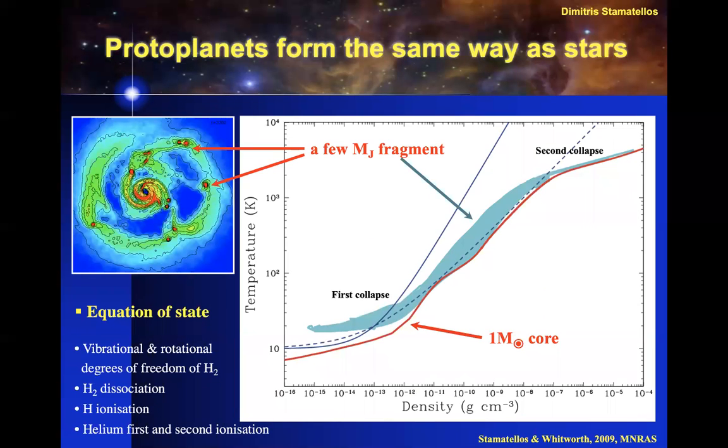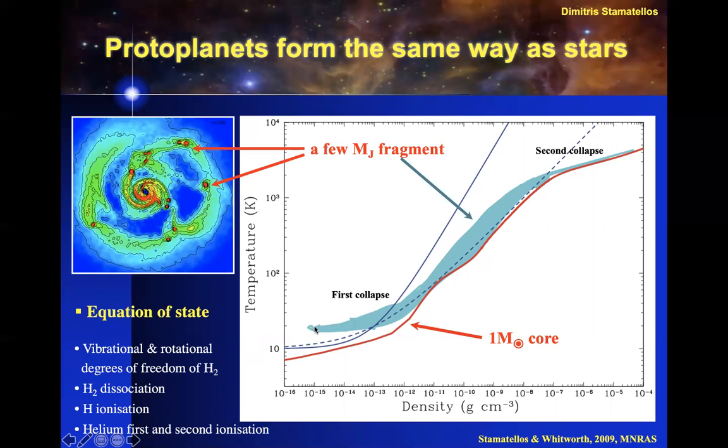In our simulations, we followed the evolution of these fragments that form in the disk through disk fragmentation. The collapse of the fragment, going from a fragment to what we call a protoplanet, the initial planet in the disk, goes through different phases. So if you look at this graph, here I plot the temperature at the center of the clump of the fragment versus the density. Initially, starting here,